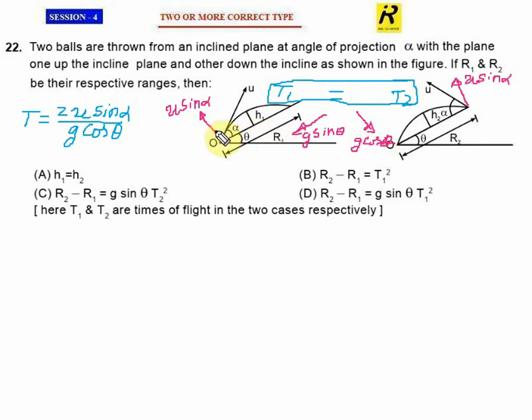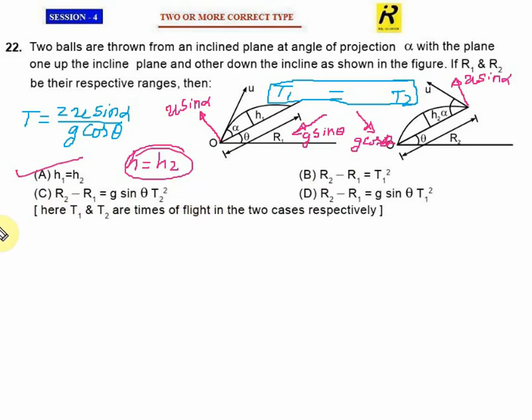That means all necessary things are similar, otherwise I may call them the same. So for this situation, we may conclude h1 equals h2, that means option A is right. Having said this, let me move to the next options, B, C, D. In B, C, D, we have to evaluate R2 minus R1. If we check R2 minus R1, we will get the answer for all the remaining options B, C and D.